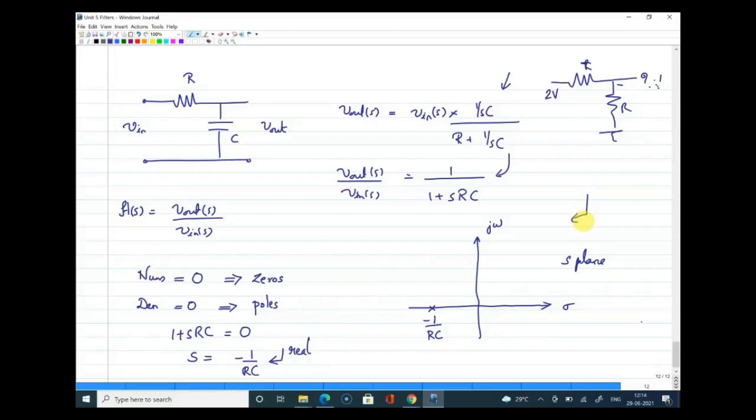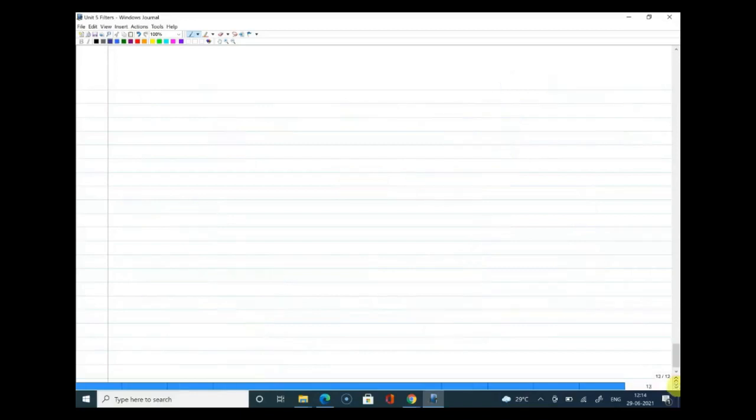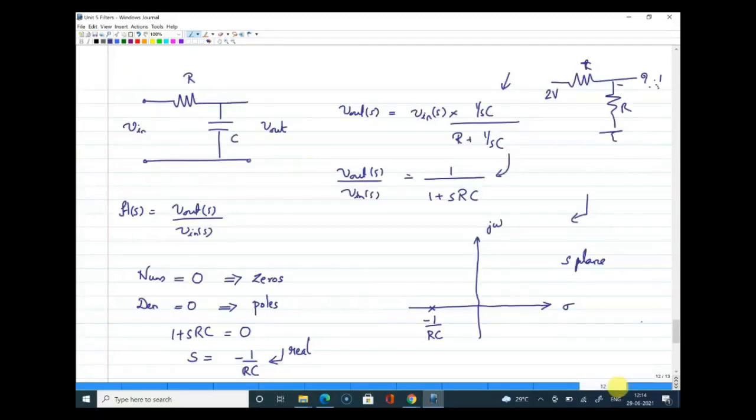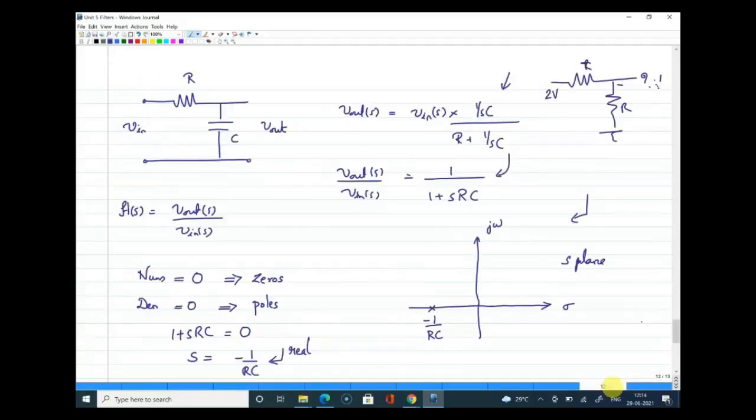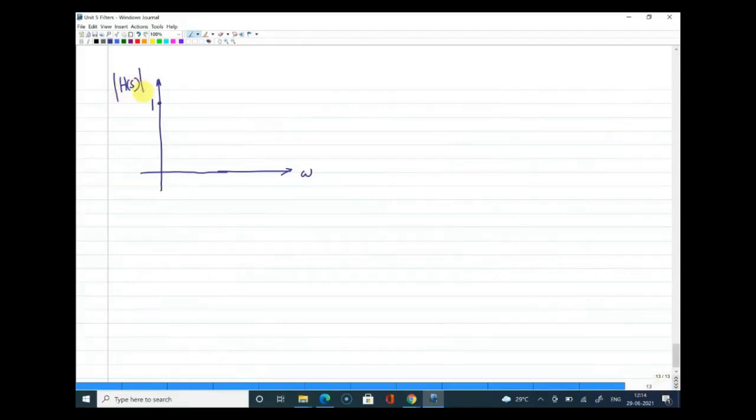All right. With one more thing, I am just winding up for the day, and we'll continue in the next class. So if you look at the transfer function, if I plot the transfer function as a function of frequency, basically omega or f, how will you mark it? When your s or when your omega is 0, what is your transfer function? V out by V in will be equal to 1. So it will start from 1, and as the value of s increases, what I'm marking here is actually the magnitude of H(s), right?